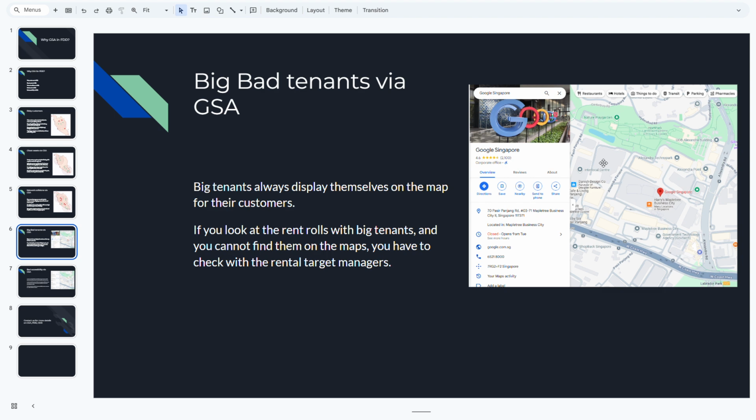But if in the rent roll you see a very big customer, with a lot of revenue like 1 million a year, but you don't see them appear on the internet, then the next question you have to ask the target's managers is what's wrong with these guys. They have no control over the appearance of the tenants, because they can design the theme to fix those addresses, but eventually they will not